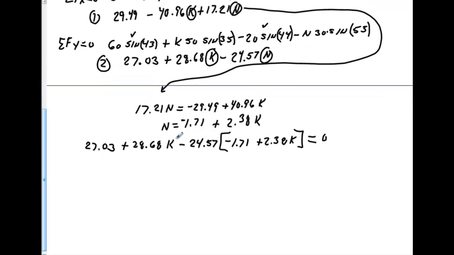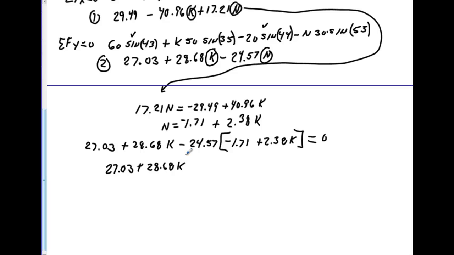Now you notice you only have one unknown. You have a k here and a k here. Go ahead and distribute the 24.57. Let's go ahead and rewrite this. That's going to give me 27.03 plus 28.68k. Now we'll go ahead and do this. So minus